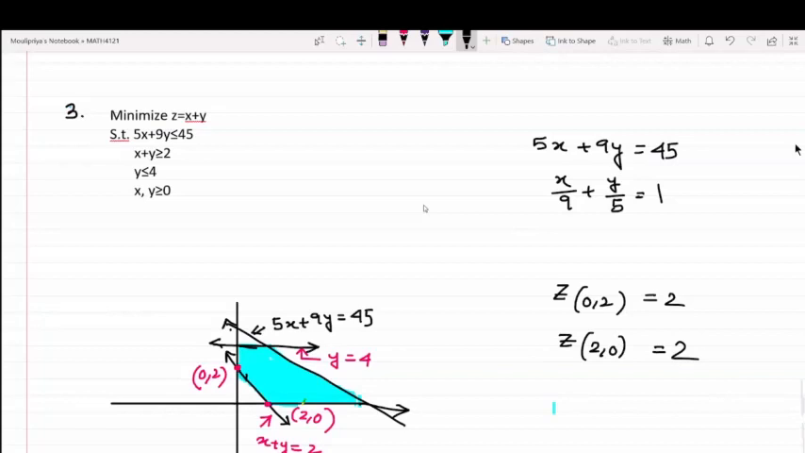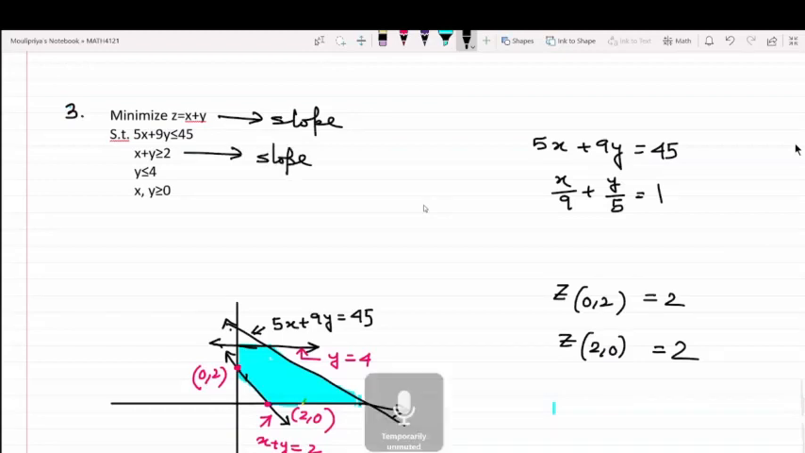Why do we get the same value? Not apparently, it is obvious that the slope of the profit line is the same as the slope of this line. Right? And this being a minimization type of problem, say if I put Z equal to 4, just replacing Z by different values, we will be getting a family of straight lines. That is for sure. So if I replace Z by 4,